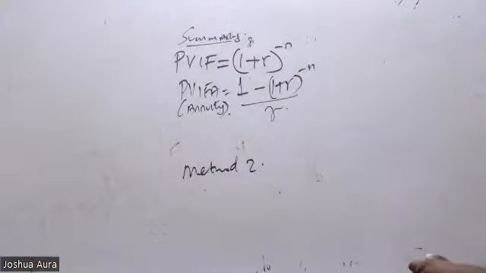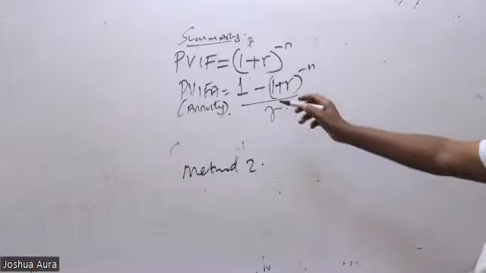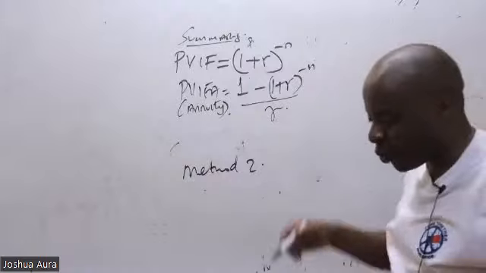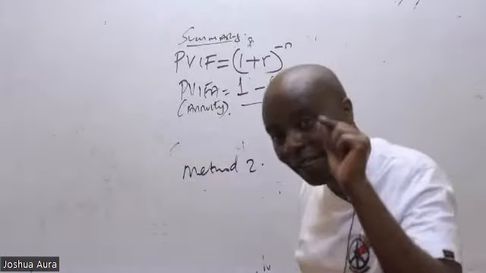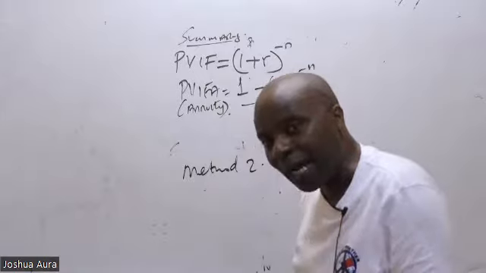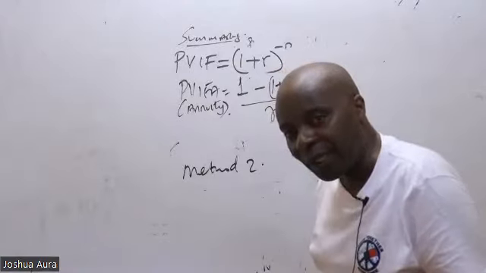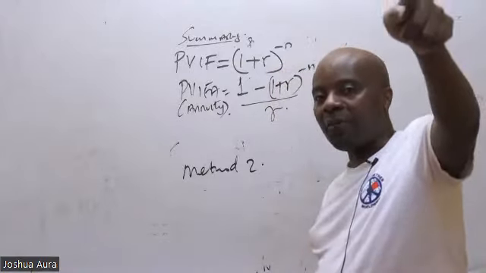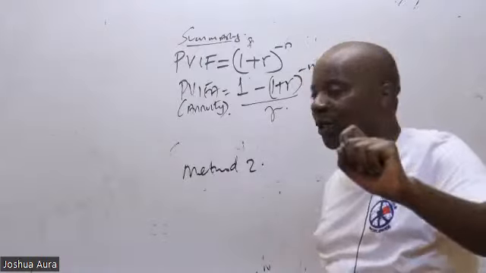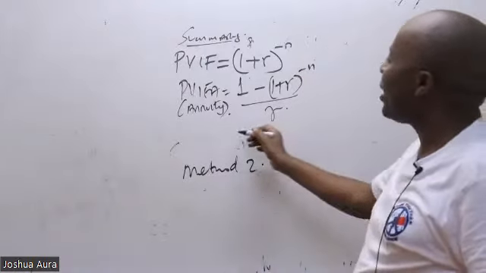Now, ladies and gentlemen, for this particular question, I would want us to calculate PVIFA. Why are we calculating PVIFA? It's because of the 10, uniform cash flows. When the cash flows are uniform, you can't use that other longer approach. You shall be using the PVIFA approach. So let's go ahead and calculate the PVIFA.